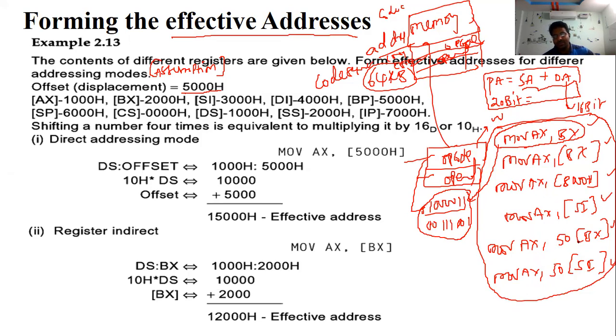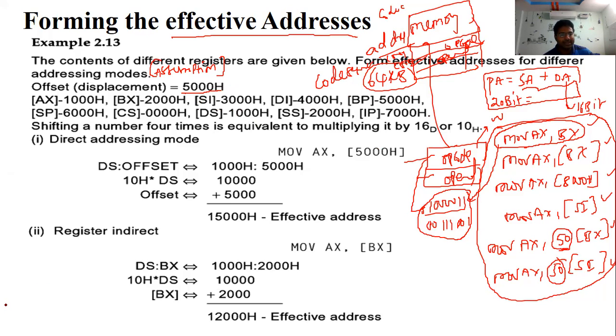Indirect addressing modes. So like this. Okay, we will see this for, suppose, AX. What is the offset displacement value? 5000 is the displacement value. You know that in our earlier examples we considered the displacement as 50, but here they consider the displacement value as 5000. You're not confusing about that.